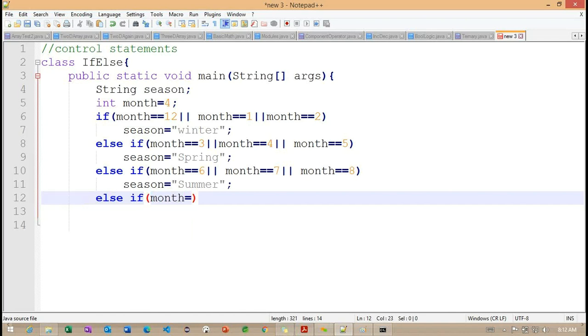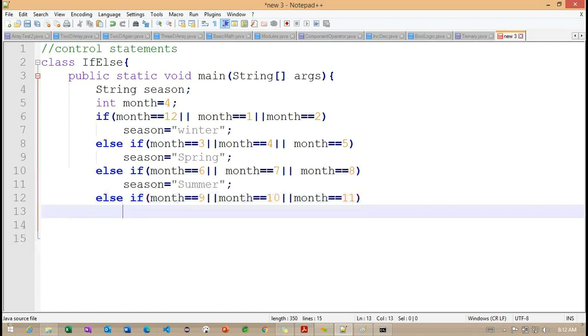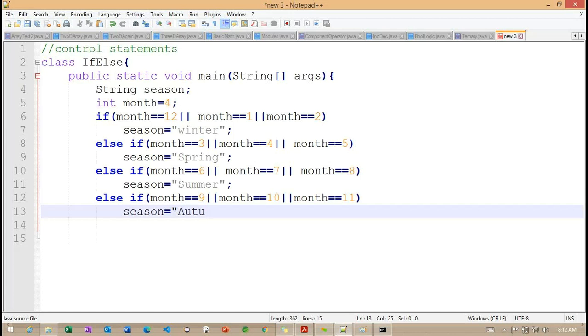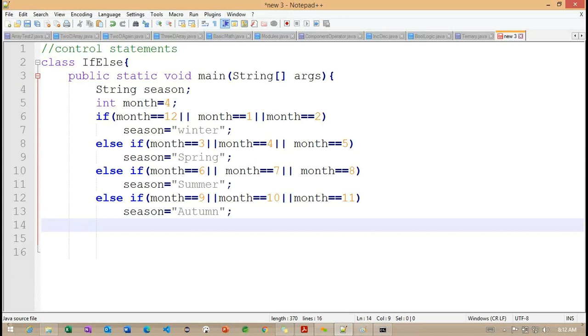And finally I want to check month equals 9 or month equals 10, month equals 11. This particular season we are going to call autumn, right?